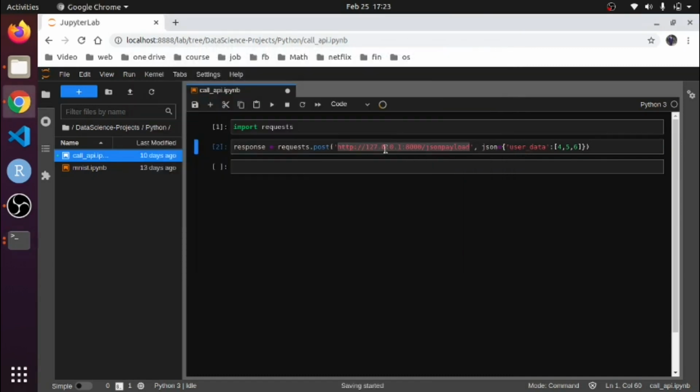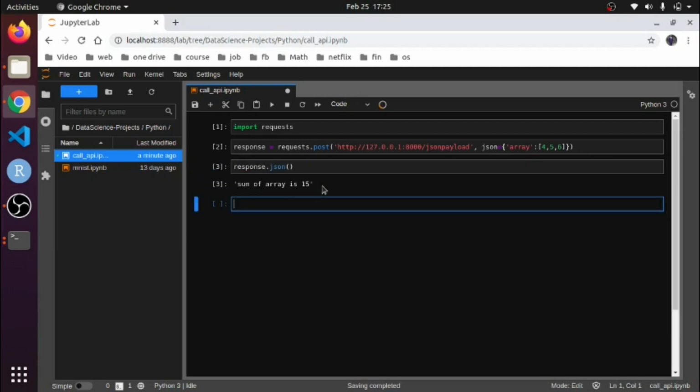This is the localhost, this is the port number and this is the route, and I am giving the JSON data, array 4, 5, 6. I run this command to get the result. Type here response, your variable name, and json. As you can see, the sum of the array is 15, which is 100% correct.